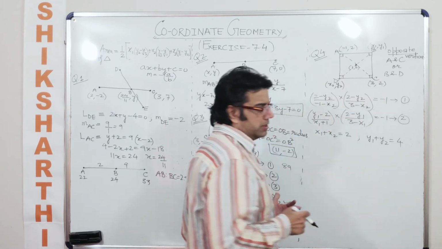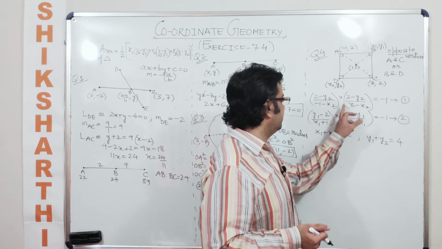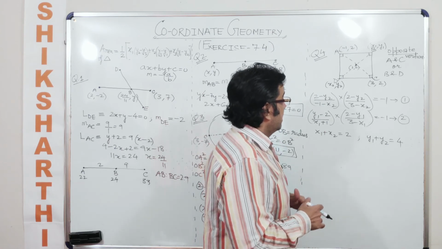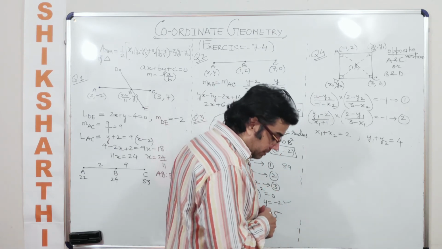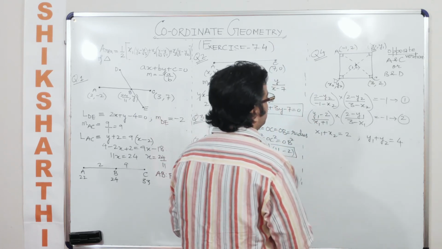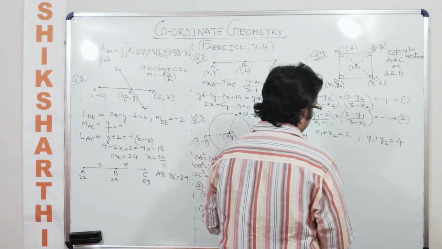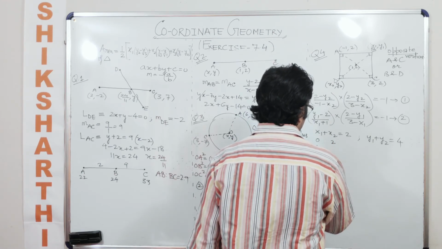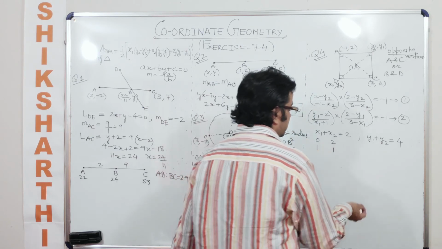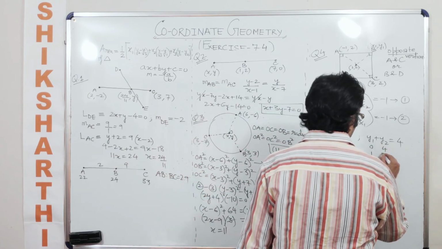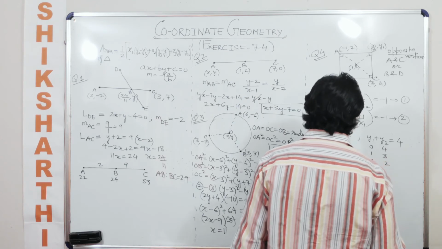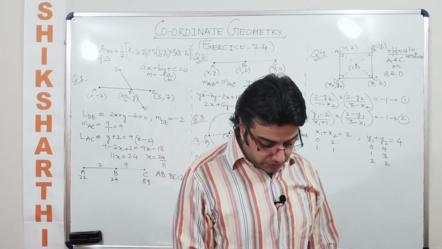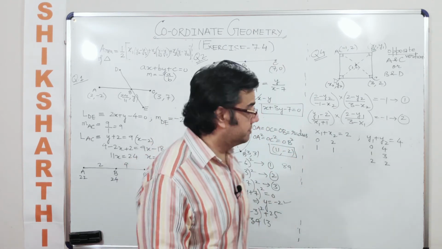Now again, there are a few ways of doing this. Here you can make the equation from here, you will get one equation, you have another equation from here, and you can just combine and solve them. But if you start solving, maybe it becomes slightly difficult. If we were to use some logic here, let us see what kind of logic we can use. Can I write this as either 0 2, this is 1 1, and the next is 2 0, and so here I can write it as 0 4, 1 3 and 2 2, and then see how it fits into the values which are given here. And what are they asking you to find out? They are asking you to find out the remaining two vertices.